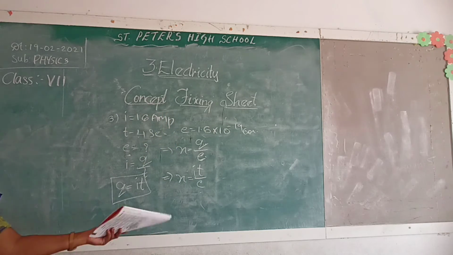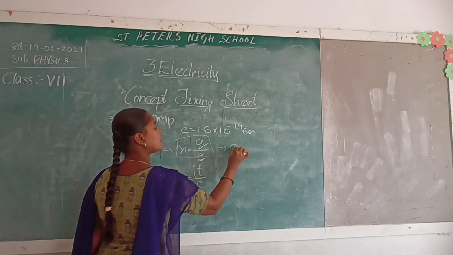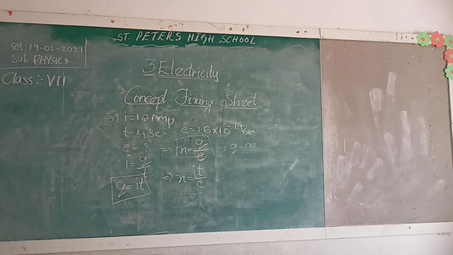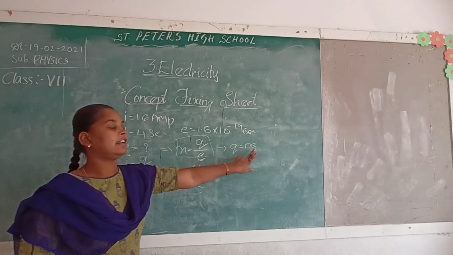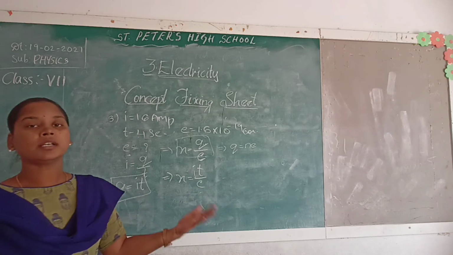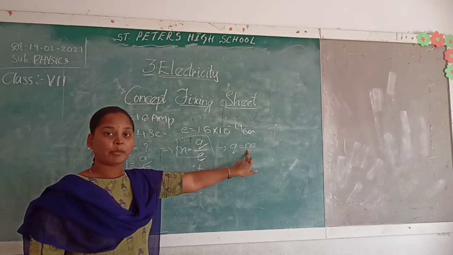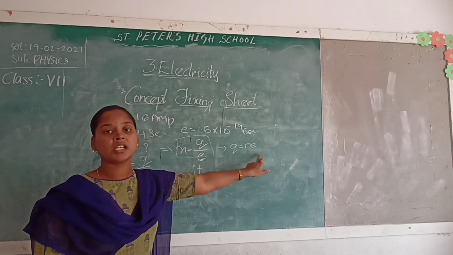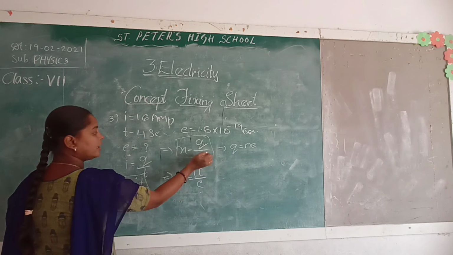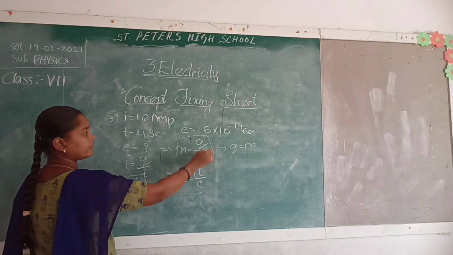This is the formula we will be using. It is obtained from charge is equal to number of electrons into the value of each electron. What is charge? The amount of charge flowing through a circuit. So Q is equal to the number of electrons times the charge of each electron. From this we have obtained n is equal to Q by e. Q is what here? I into T. We have the I value, and we have the T value.